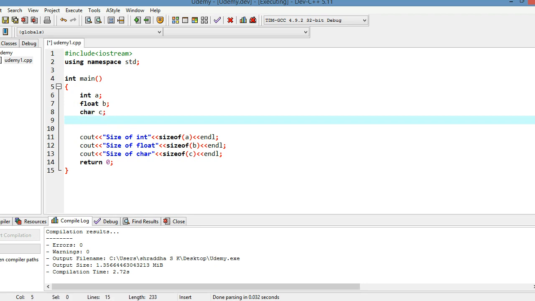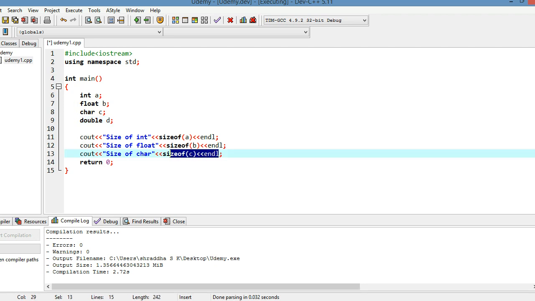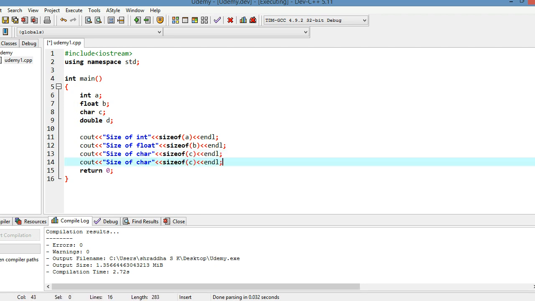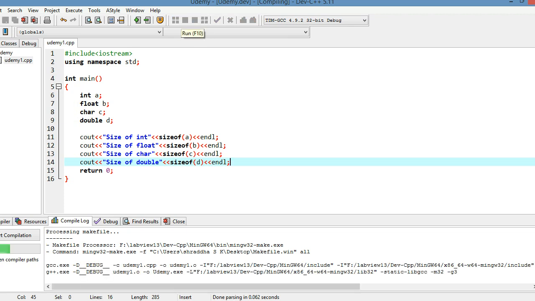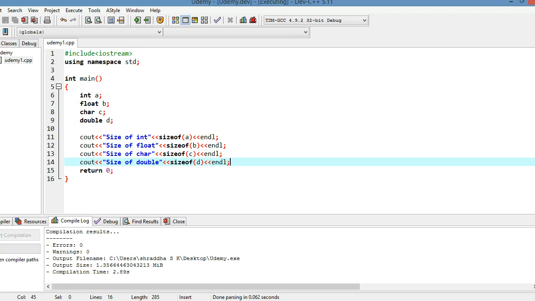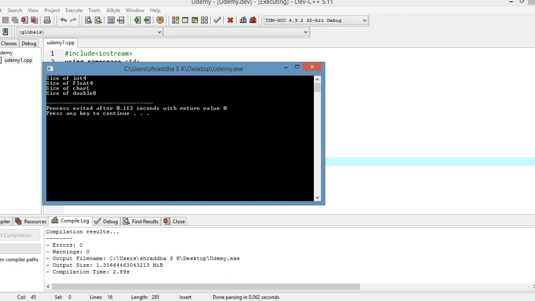So let's see some other data types such as double D. Let's print the size of double here. Size of double D. So if we save it and compile it and run it, then size of double is 8.